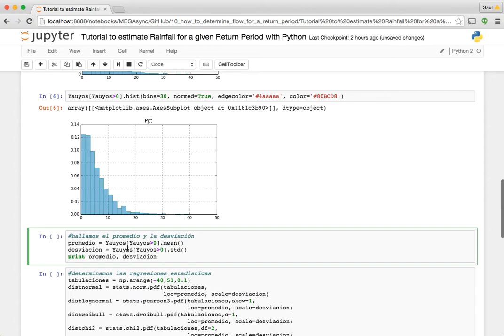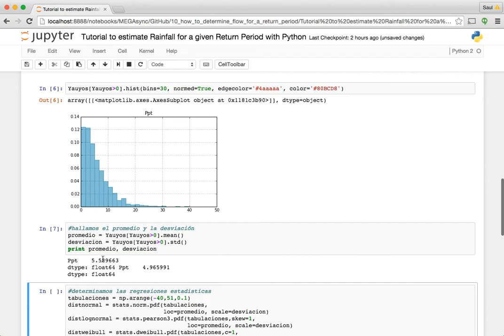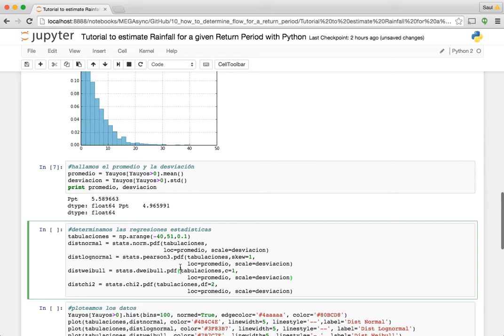Then, in order to estimate the rainfall for a return period, we are first going to fit and see how our precipitation is more related to a probabilistic distribution. In order to do that, we need to get the average and the standard deviation. The average is 5.58 and the standard deviation is 4.96. Then with these commands, first we make an array, and then we get the PDF, that is the probability density function,